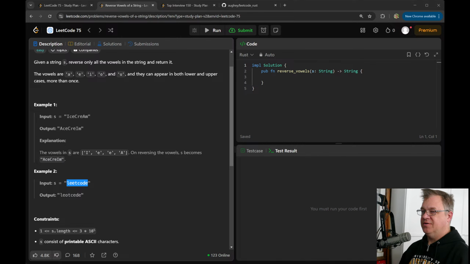Reverse vowel indices are going to be the reverse string enumerate, filter, c, is_vowel c, map. I think that's right.